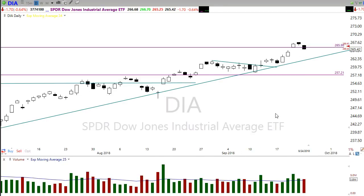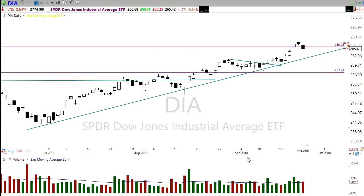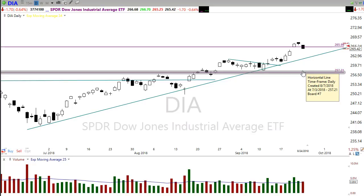So watch this closely, as I'm always suspicious of gap up opens at or near price highs. The reason is because they can turn into those pop and drop type patterns, where we gap up in the morning, that's kind of the highest price of the day, and we find sellers there, and it sells off the rest of the day. So be real careful not to chase into this. I'm certainly not predicting in any way, shape, or form that this is going to occur, but I am suspicious of